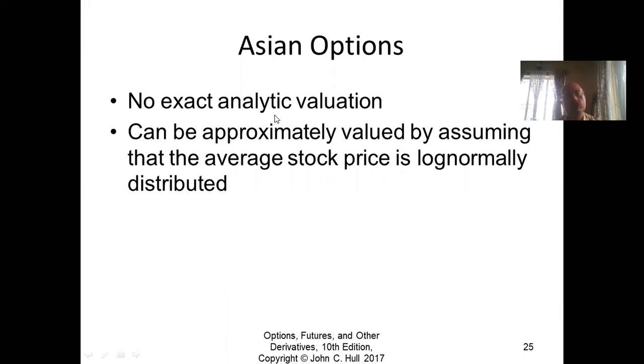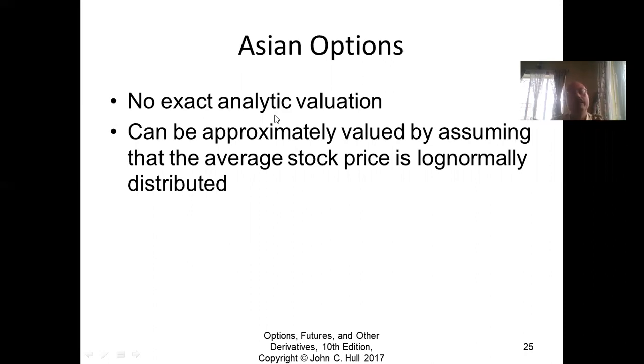But what we do is we assume log normality of the average. Again, remember, stock price is usually assumed to follow a log normal distribution in continuous time. We will talk about that later, but in general, our primitive model is that the returns, or the log of the stock prices, follow a normal distribution. And if the returns follow a normal distribution, then the stock price follows a log normal distribution. And even though the normal distribution is closed under arithmetic averaging, the log normal is not closed under arithmetic averaging.